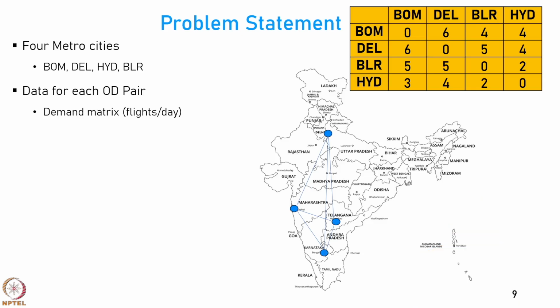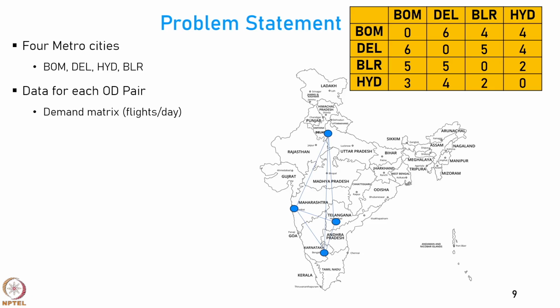Now please note that since we are looking at a toy problem with only 4 aircraft and we have constraints which I will elaborate very soon, it is not necessary that this entire demand will be met. So, you may not have 6 flights from Bombay to Delhi as desired or Delhi to Bombay as desired, but it clearly shows that some routes where more flights are demanded are high priority routes, and some routes like Hyderabad Bangalore in this case and Bangalore Hyderabad also, these are thin routes. So, you can schedule a flight here only if you find that because of some constraint flights to the other